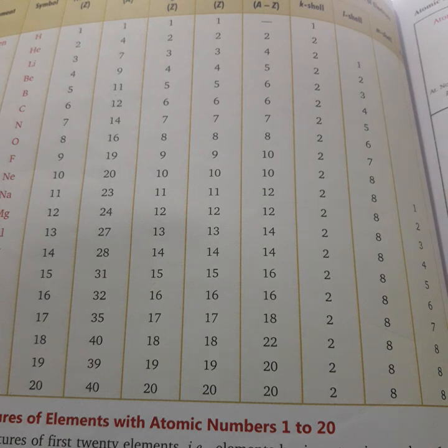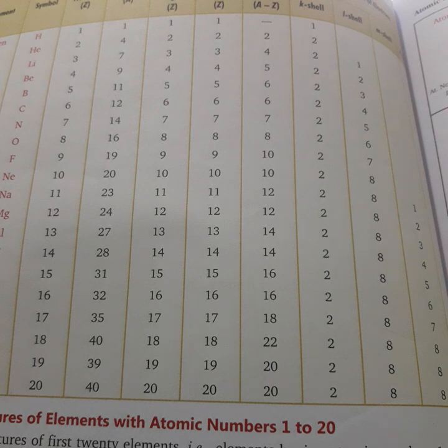Okay, so now just see which are metals. If there are 1, 2 or 3 valence electrons, then the element will be considered as a metal. 1 or 2 exceptional cases. If there are 5, 6 and 7 valence electrons, it will be considered as a non-metal. Even 4 also, like carbon has 4 valence electrons, this also will be considered as a non-metal. Okay, so this is clear. If there are 8 valence electrons, then that element will be considered as a noble gas.